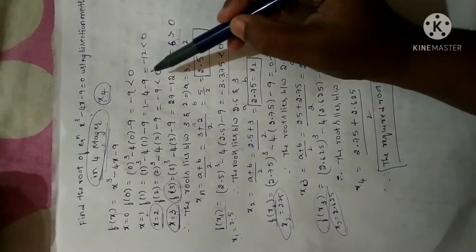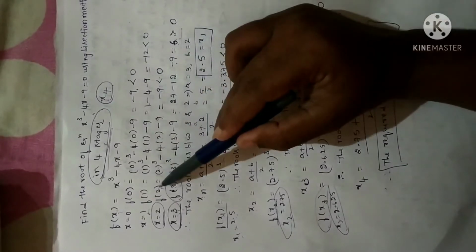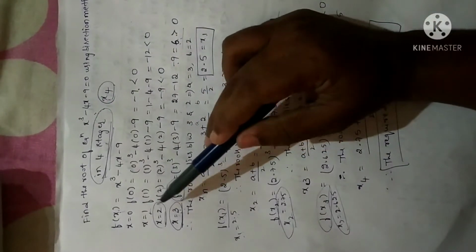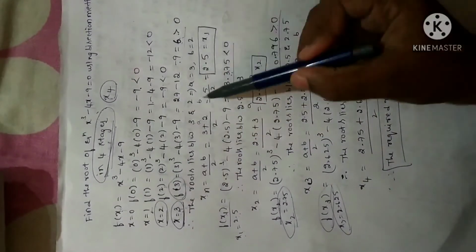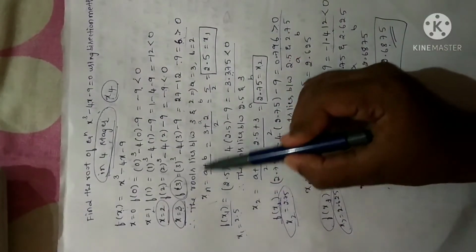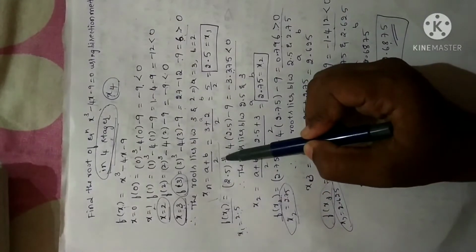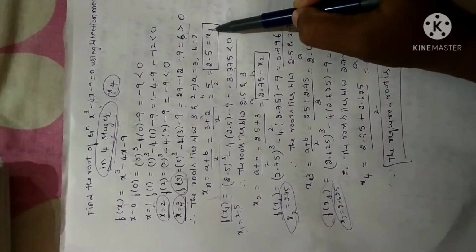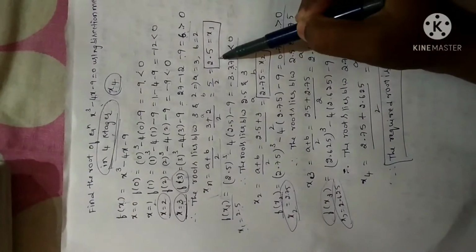So I am going to stop here itself for the positive value. Now I have to take the very previous step where I have a negative value for f of x, and it is for x is equal to 2, and it is positive for x is equal to 3. So the root lies between 2 and 3. I have taken the first value as a and the second value as b. I have substituted in the bisection formula given by xn is equal to a plus b by 2. I have obtained a value as x1. Since it is the first iteration, I have chosen that as the x1 value.